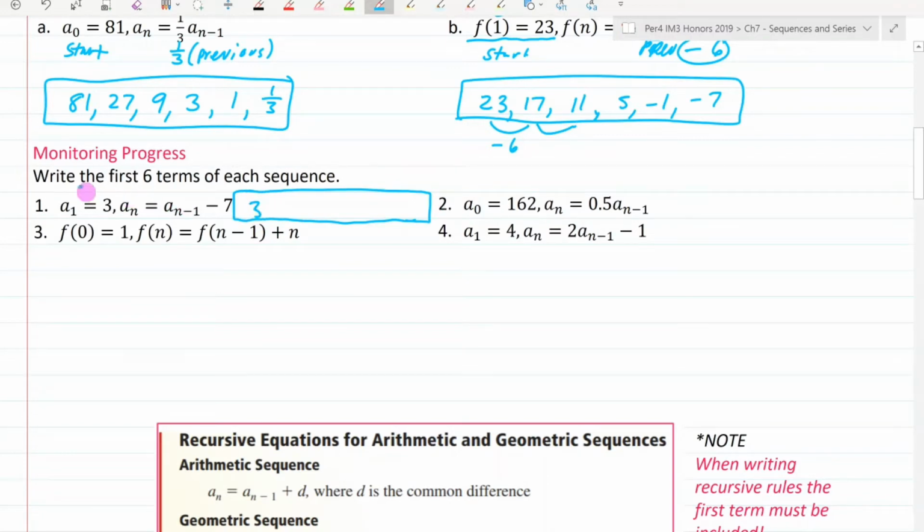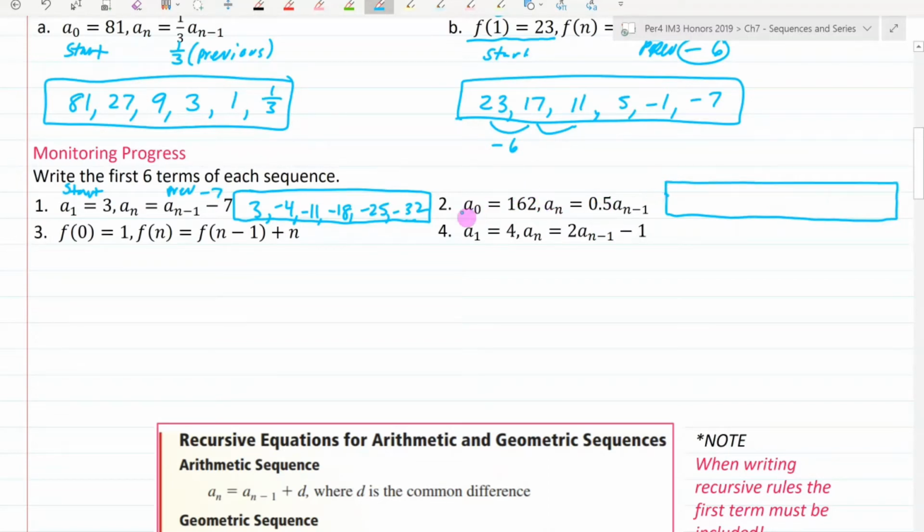And then this is the start. And then this means the previous term minus 7. So I'm going to subtract 7. So we have -4, -11, -18, -25, and -32 because you're subtracting 7 every time. For the next one,